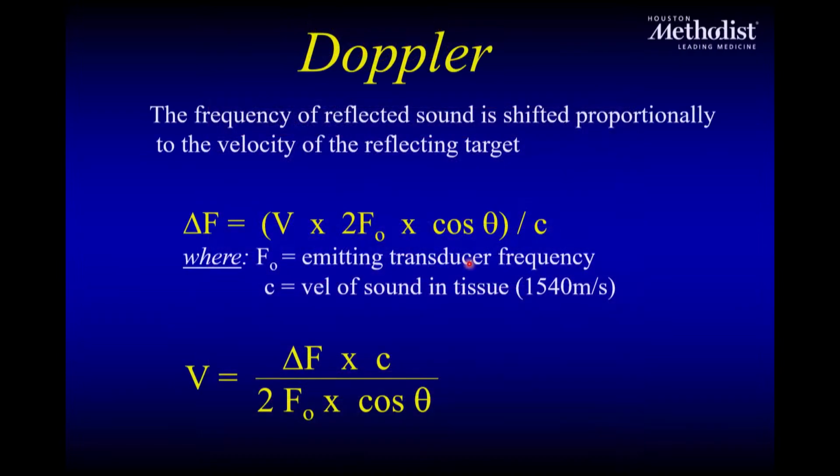So what is this Doppler equation? The Doppler equation is the frequency shift that we talked about, related to the actual velocity of that moving object multiplied by the original frequency that you send. Cosine theta is very important because if theta is 0, cosine theta is 1. Or if it is 180, it is -1. So basically, if I'm at 90 degrees, I get no frequency shift.